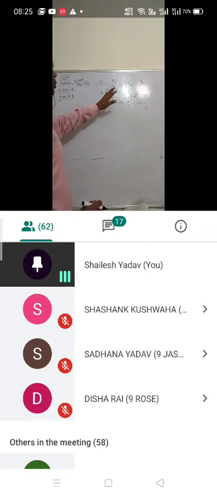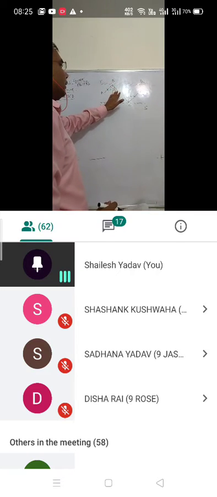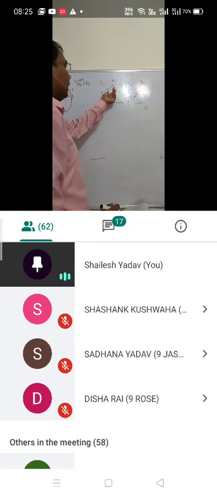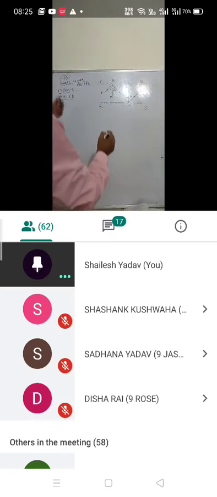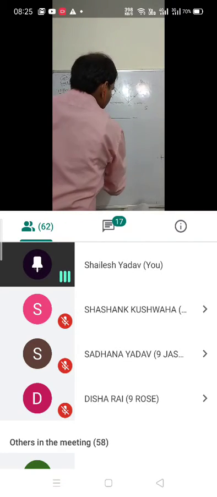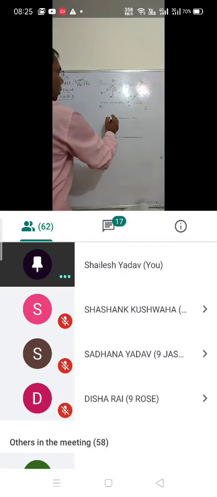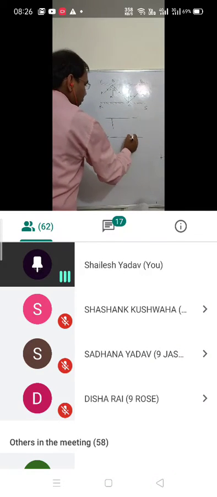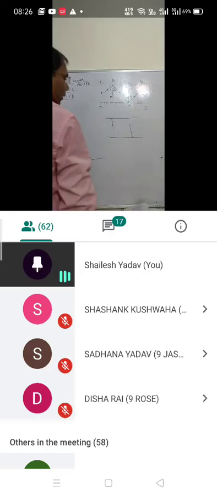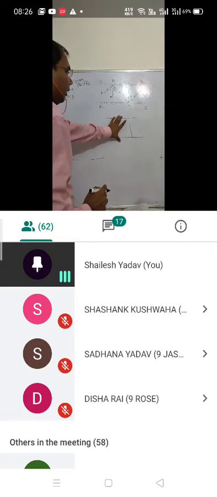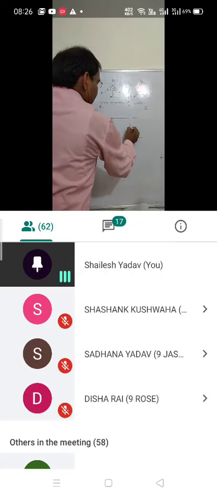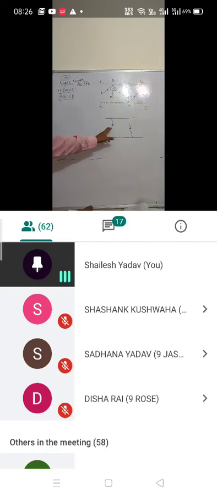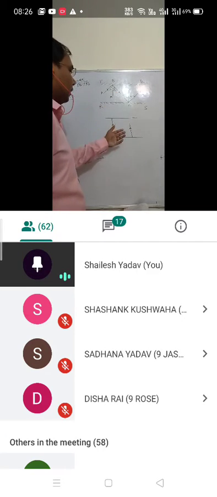So first I got that angle of incidence equal to angle of reflection. By that I got here A, and here it is B and B. Now students, if two lines are parallel, and you draw a perpendicular on both the parallel lines, then the perpendiculars will also be parallel to each other. That I had explained in the very beginning also when I was explaining that question.